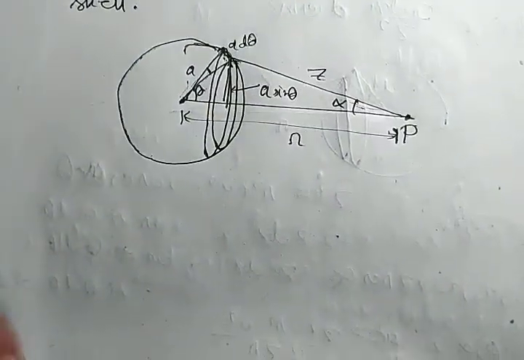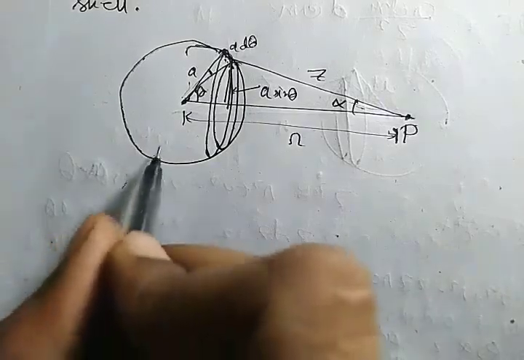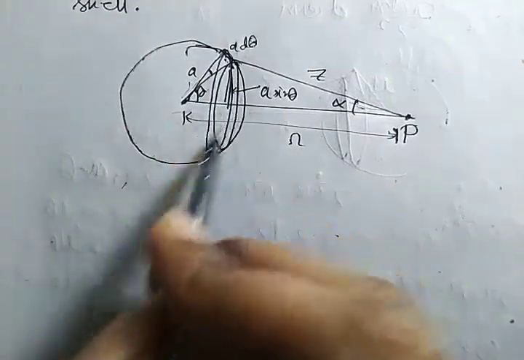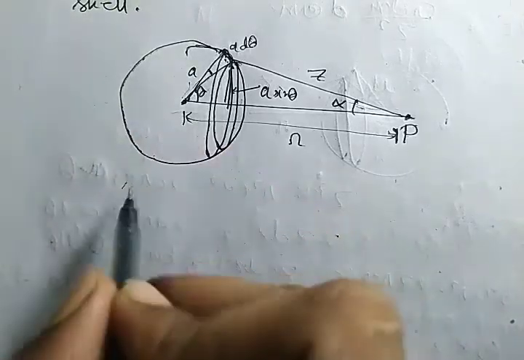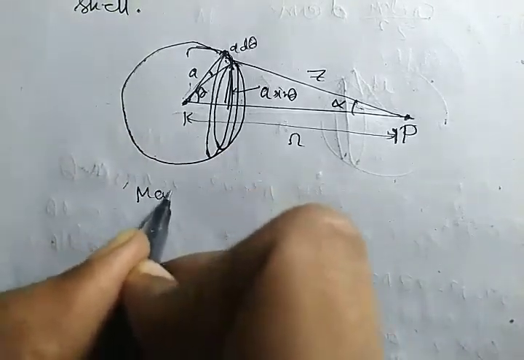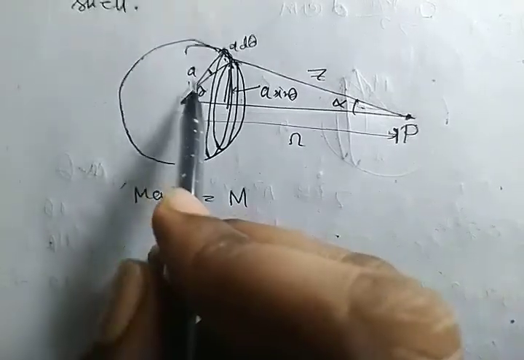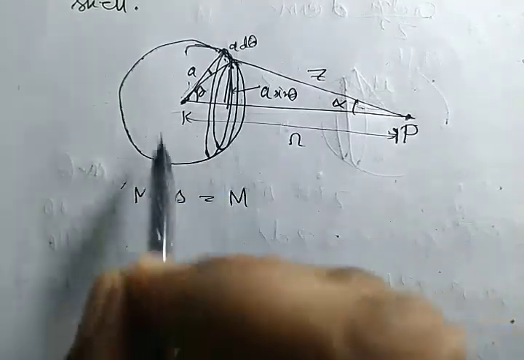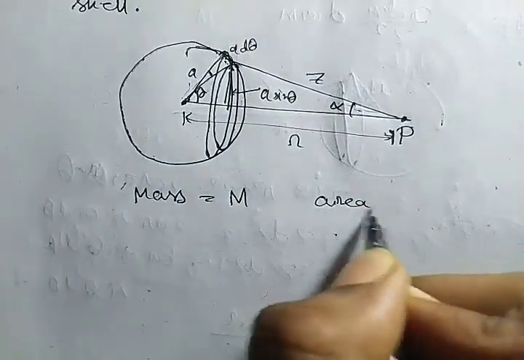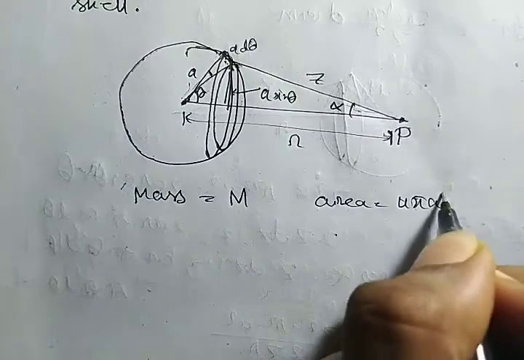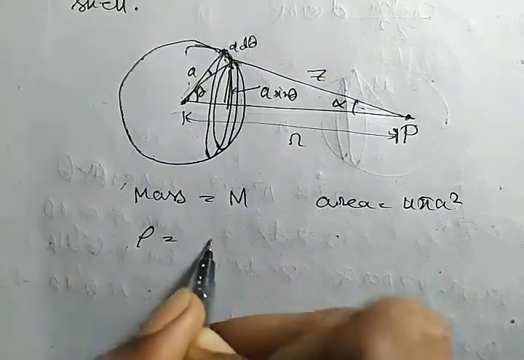Okay, now first we need to consider the density. For that, the mass of this spherical shell is M, and we know the area of the spherical shell equals 4 pi a square. So now the density would be